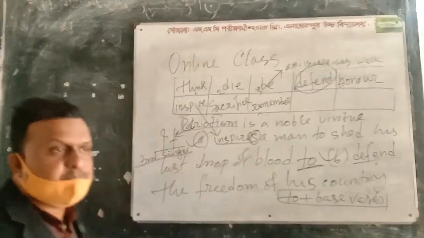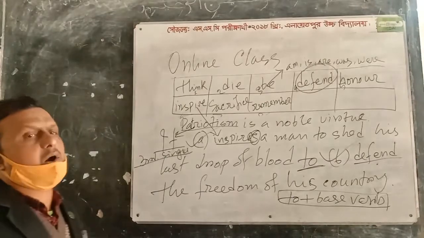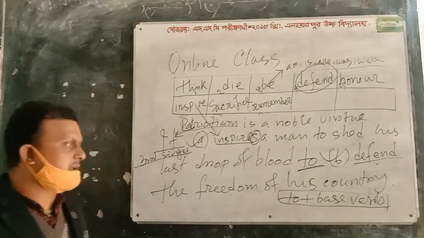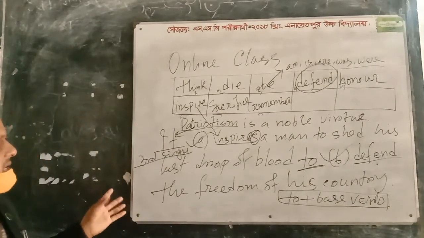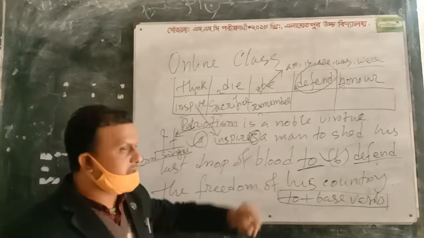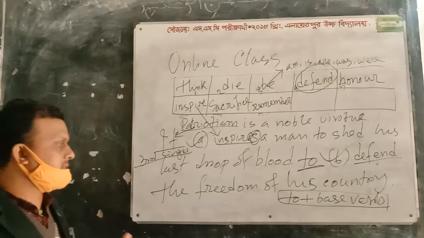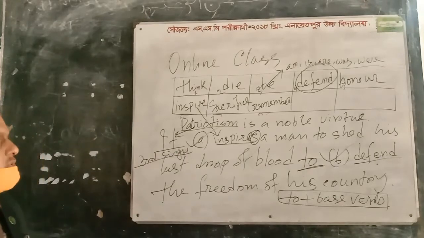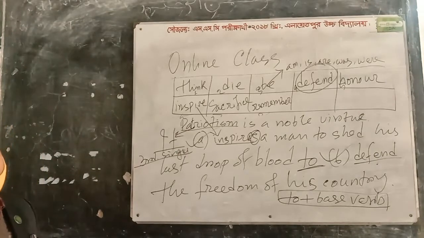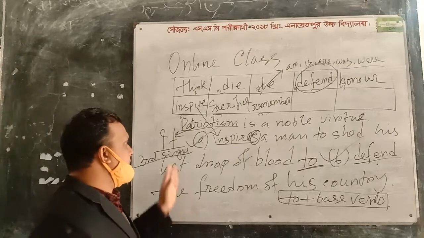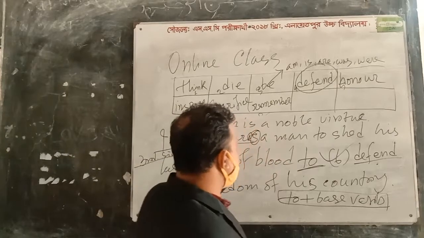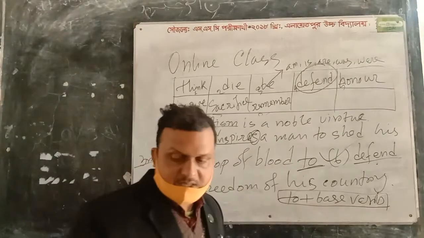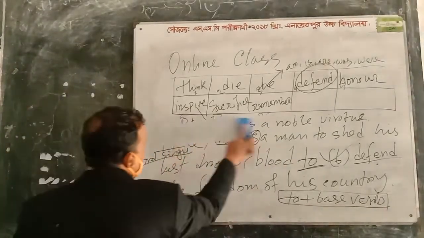So dear student, you must see our class again and again, and as my description, you can understand these inspires and defend, রক্ষা করা, I mean স্বাধীনতা রক্ষা করার জন্য মানে ব্লাডের শেষ বিন্দুটা পর্যন্ত যারা দেশপ্রেমিক বা দেশকে ভালোবাসবে তারা দিতে প্রস্তুত থাকবে। এই অর্থে ইন্সপায়ার্স উৎসাহ দেয়, প্যাট্রিয়টিজম উৎসাহ দেয় একটা মানুষকে তার রক্তের শেষ বিন্দুটা দেওয়া পর্যন্ত তার দেশের স্বাধীনতাকে রক্ষা করার জন্য।